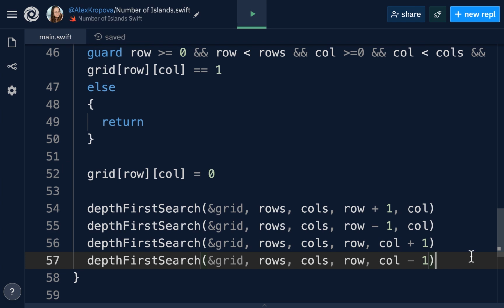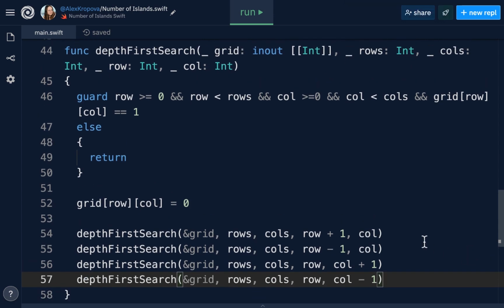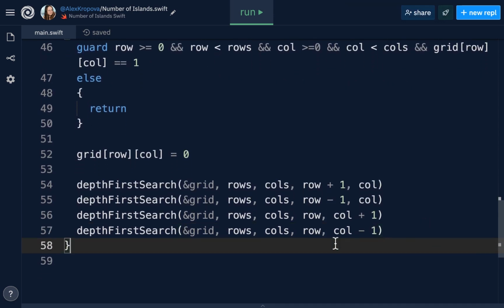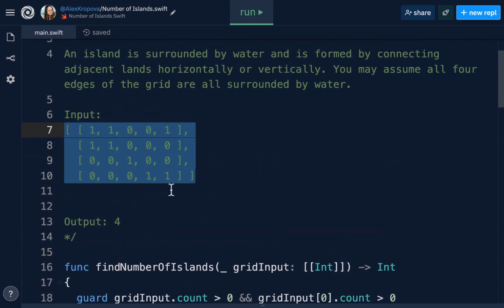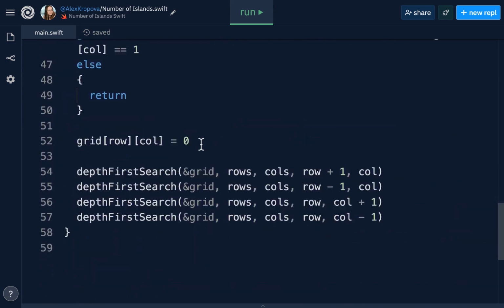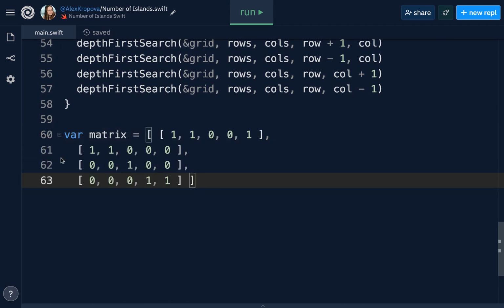And just like that, that is all we need in order to implement depth first search, which means that we can now use our printing to perform a check. We can check that we built a successful algorithm. I'm going to copy the exact grid we had at the beginning of the lecture, and make a matrix variable to store that grid.